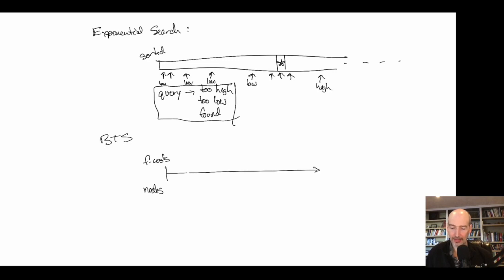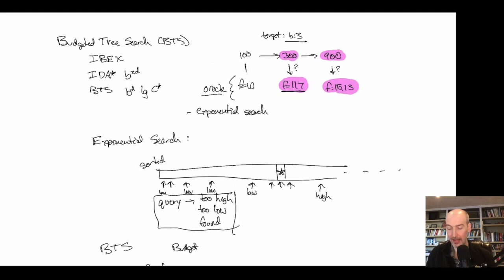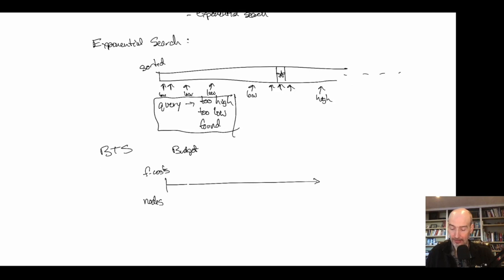And the idea here is, okay, I'm going to give you a budget. Up here we said, look, I want to do exactly 300 node expansions. For the moment, we can think about doing that, but we can be a little bit more efficient here. In particular, I'm going to have a target. My target isn't going to be a fixed branching factor, but a range of branching factors. So I have a budget of nodes, and this budget is actually going to be a range. Let's say I did 100 nodes in the previous iteration. I'm going to say, look, I want to grow by at least a factor of 2. So I want to do somewhere between 200 node expansions